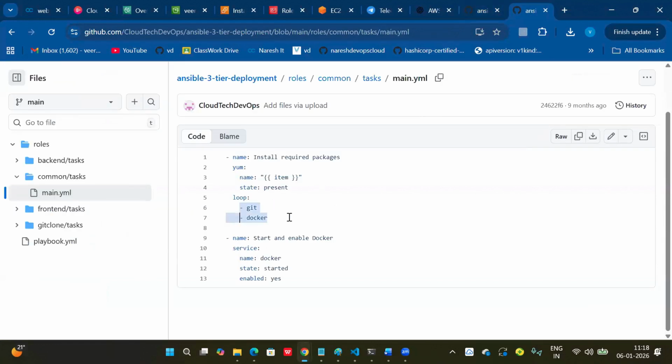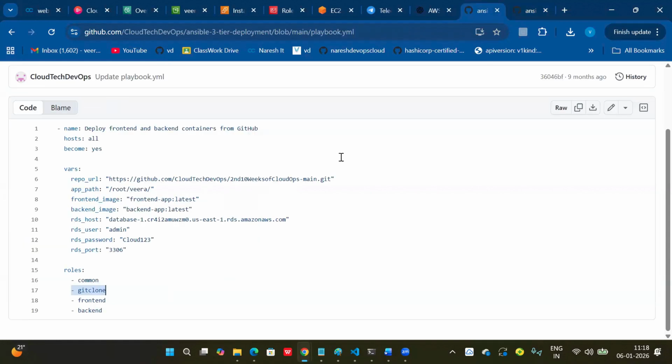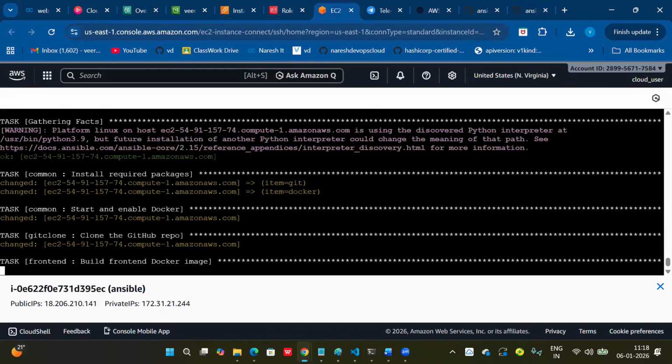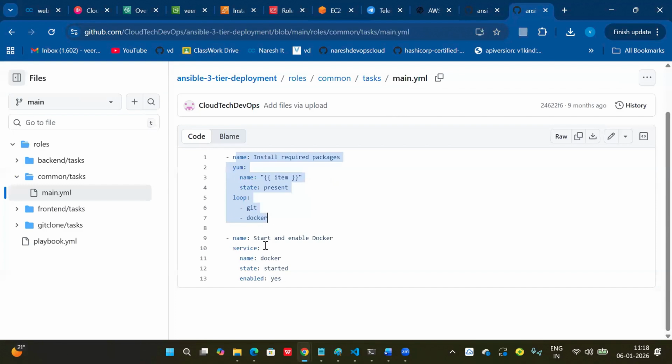Next, which role will be executed? Why? If Git is not there, how will Git clone work? So I'm using the loops concept here, for Git and Docker. Okay. Installation is done. Next task is what? Git clone. Git clone done. After Git clone,